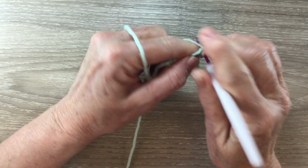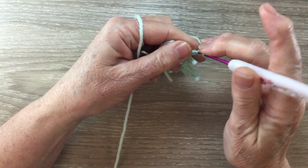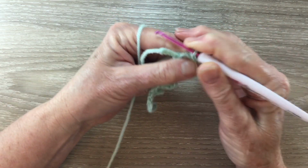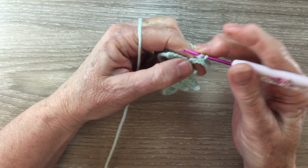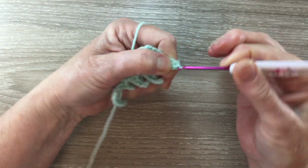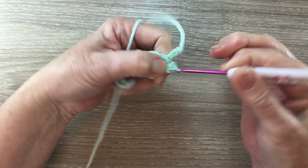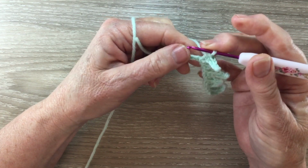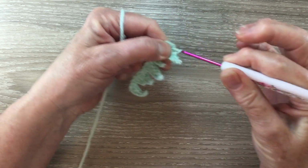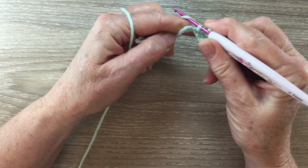slip stitch into the second chain from the hook, a single crochet into the next stitch, and then work 1 half double crochet into each of the following 2 chain. Miss 1 stitch on the original chain and slip stitch into the next stitch and work 6 chain,